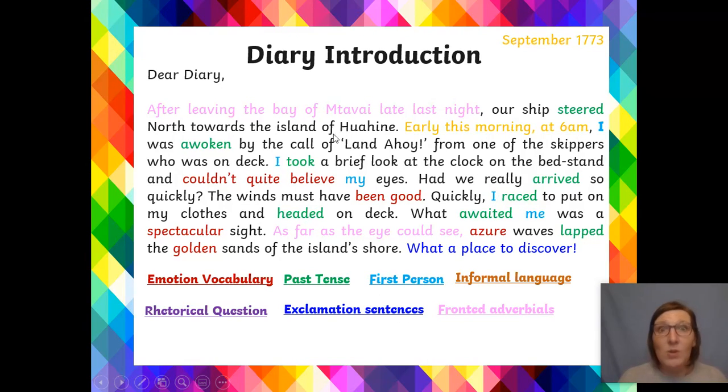So when we're reading through, so I'm going to read it in a minute to you, keep looking and seeing what is that linked to. So I've put these here so you can check when I start reading, that must be that. That must be that. Now before I start, I haven't put down date and time, but we know that date and time is really important to have in our diary introduction. So here I've got the date, but here I've got the time, okay? And that's a key piece of information you need to get into your diary introduction. Okay, let's begin. I'm going to read it now, follow along and notice when I've got those key elements of the diary there.